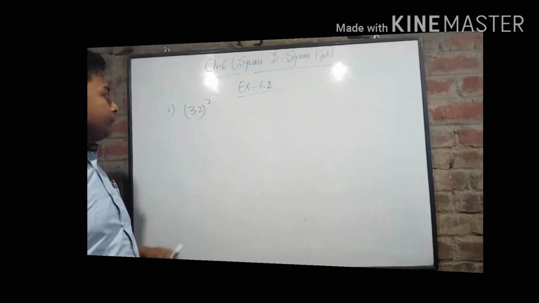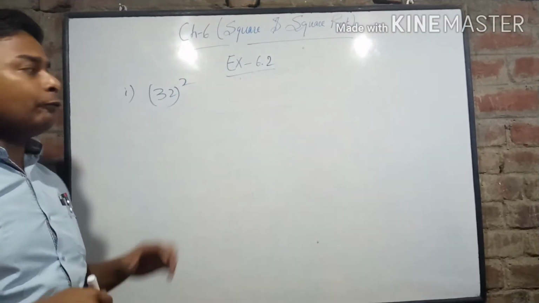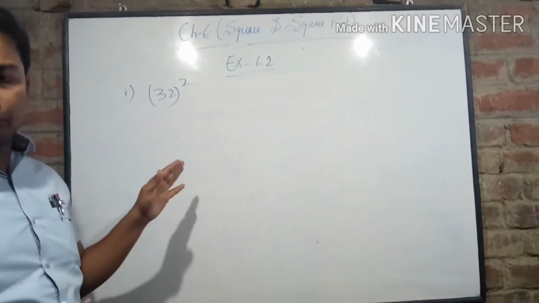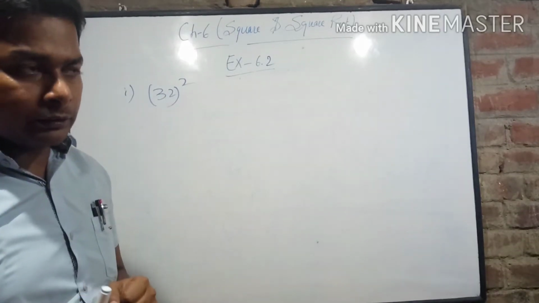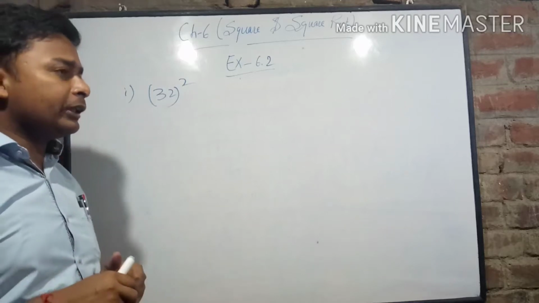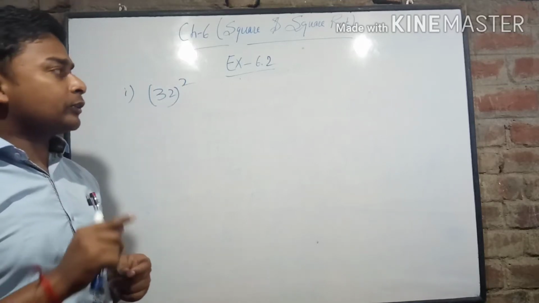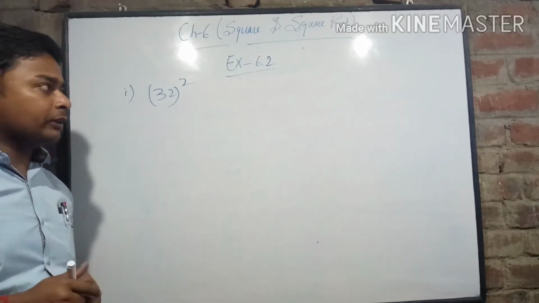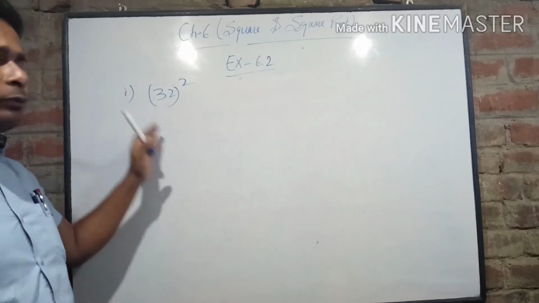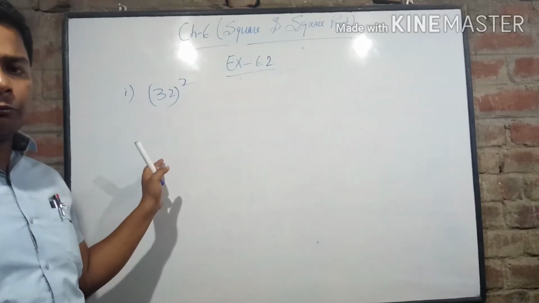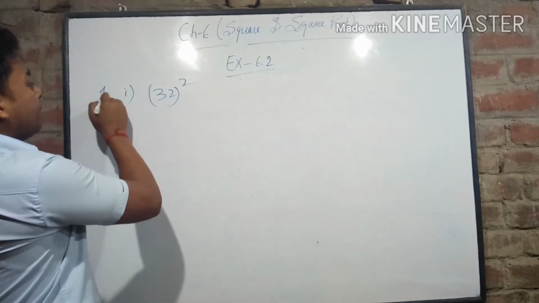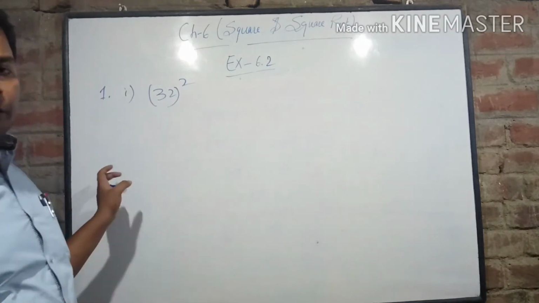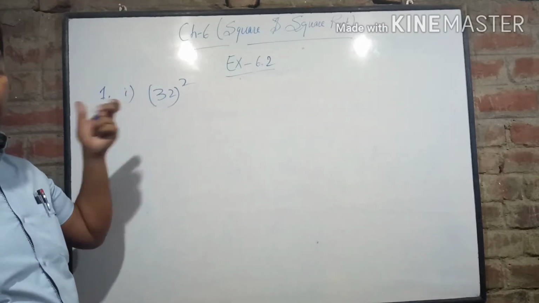Exercise 6.2, my dear. Question number 1 says to find the squares of the given numbers, but there is no specific method mentioned. In the question paper, you may get "solve it by column method, solve it by diagonal method," or likewise. So I will take just one example because there are 4 or 5 questions in this part. I will solve just one, with all the different methods, and we will find out the squares.